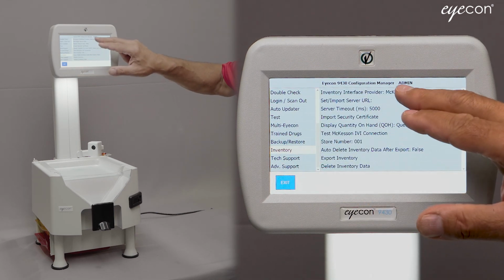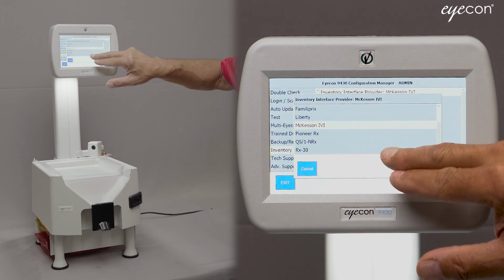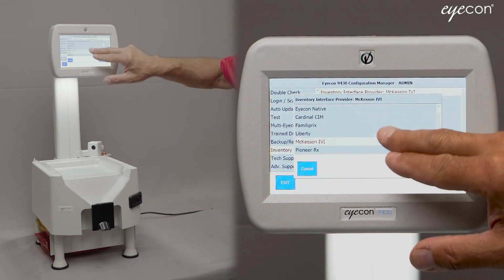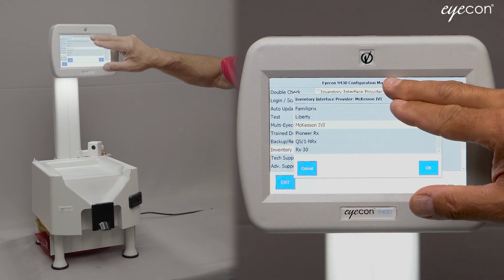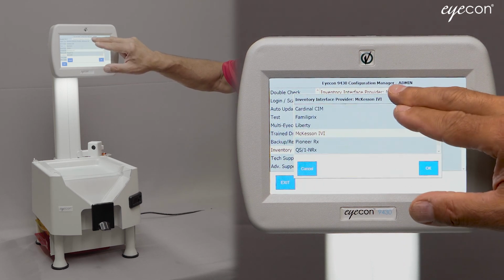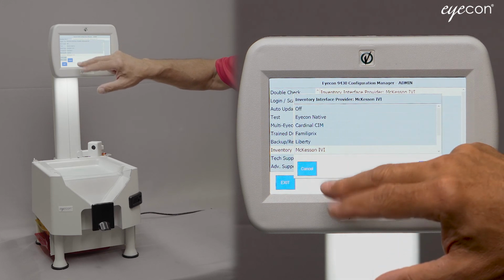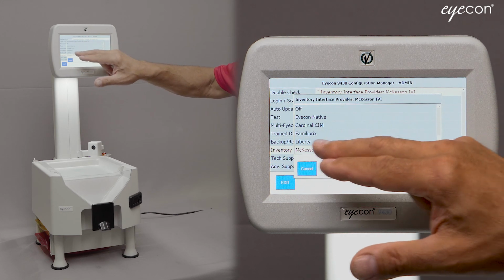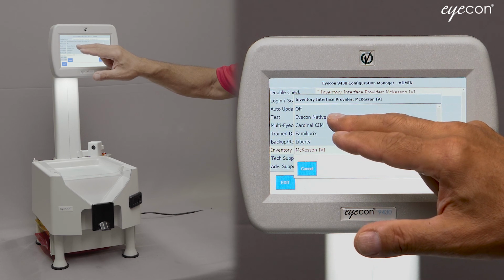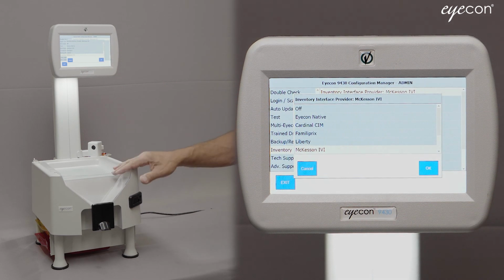So to configure the interface, you go into the settings menu, swipe up on the left pane, go to inventory, select your inventory interface provider, that's your pharmacy software system. If your software is not listed here, please check with them to see if they do support the Eyecon interface. They may, in fact, do so and just not be recorded in our settings menu, in which case it would probably work with the Eyecon native selection in this menu